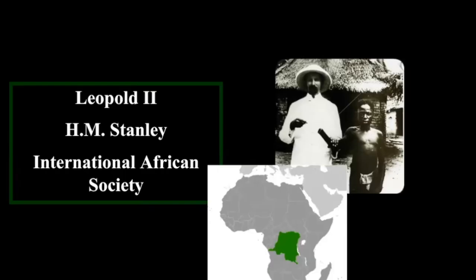Now, why does he want the Congo? Because it has a natural resource of rubber. So they have rubber trees. There was recently a bicycle craze in Belgium at the time, and so they needed rubber to build bicycle wheels to meet the demand for that bicycle craze in Belgium. So Leopold is going to take government money, so taxpayers' money, and he's going to use it to fund quote-unquote missionary work. But instead of actually doing missionary work, he is going to use the money to collect rubber as an export in the Congo, thus exploiting the people in the Congo.